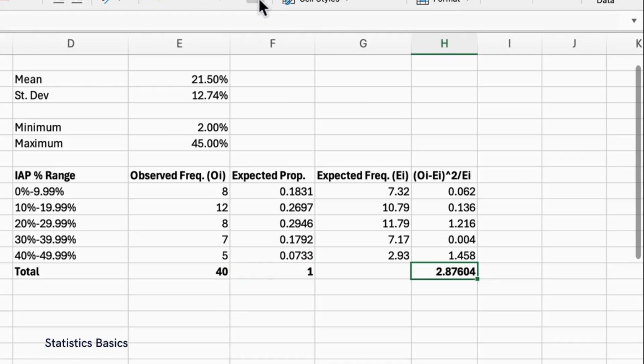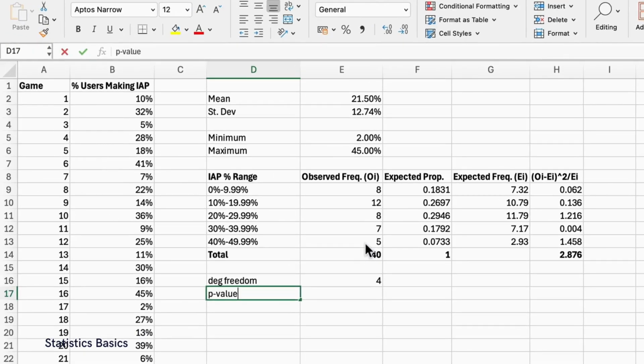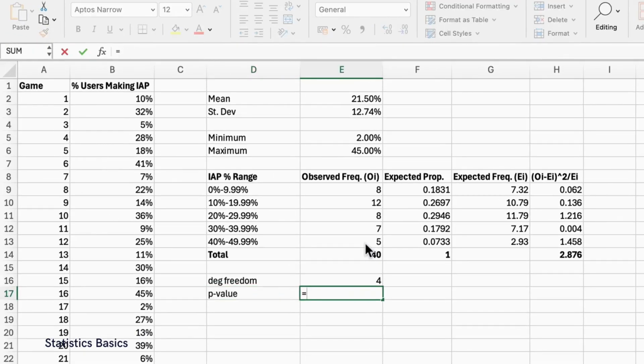Under the null hypothesis, the chi-square statistic follows a chi-square distribution with k-1 degrees of freedom where k is the number of categories of the outcome variable. To find the p-value, use the function CHISQ.DIST.RT and input the calculated chi-square statistic and the degrees of freedom as arguments. The p-value is